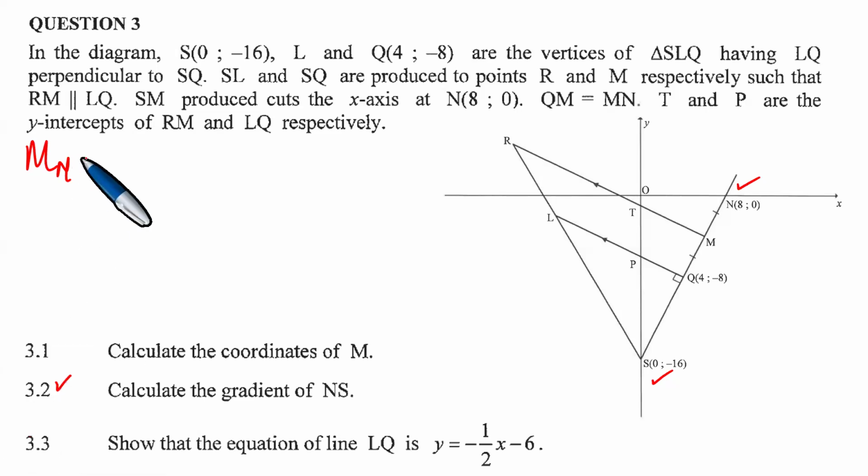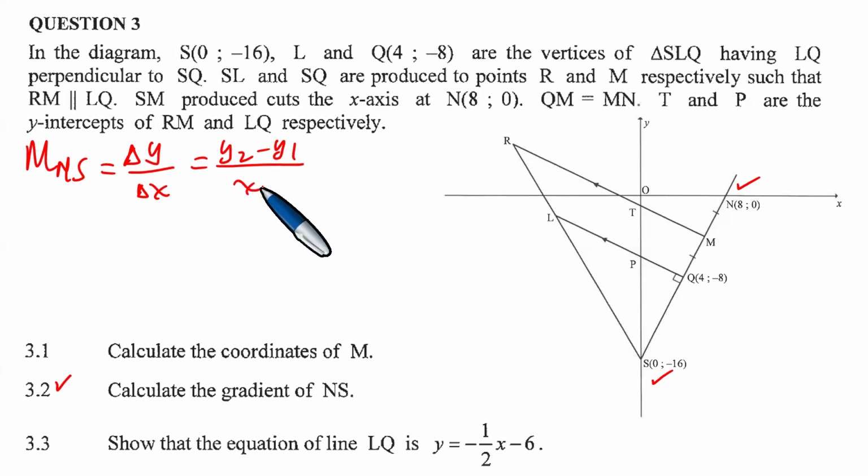The gradient of NS is the same as change in y over change in x, that is y2 minus y1 divided by x2 minus x1. If you look at N, which is here, and S, which is here, starting from N to S,